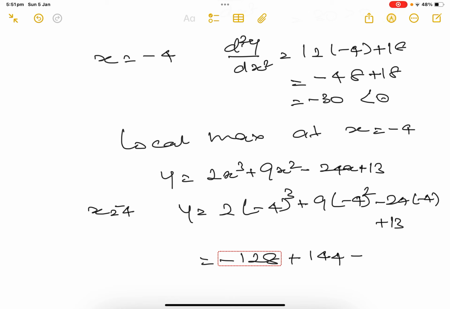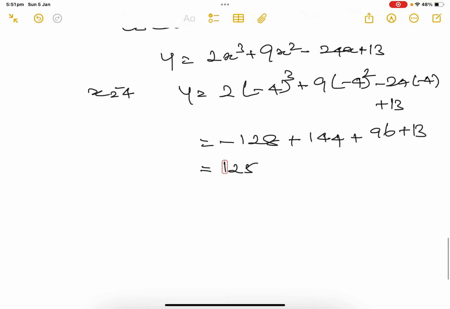Minus 24 times minus 4 will be plus 96, plus 13. So minus 128 and 144 will give us plus 16. Plus 96 gives us 112. 112 plus 13,